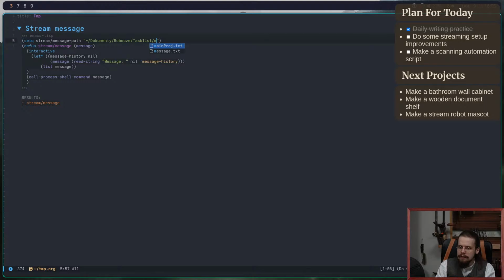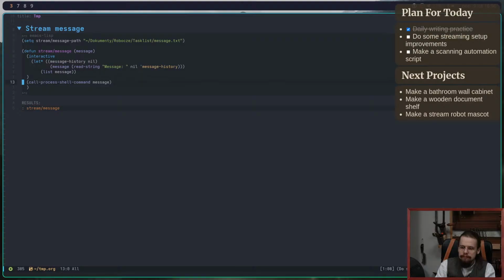Task list and messages, or rather message singular, message txt, and then in here I want concat echo and apostrophe, then a message, then another string, another apostrophe, and less than sign,